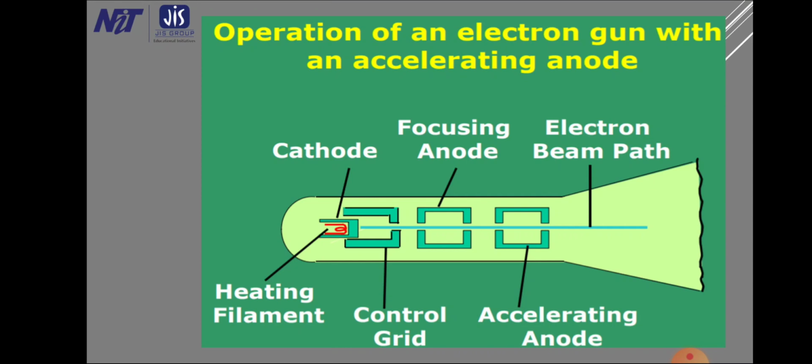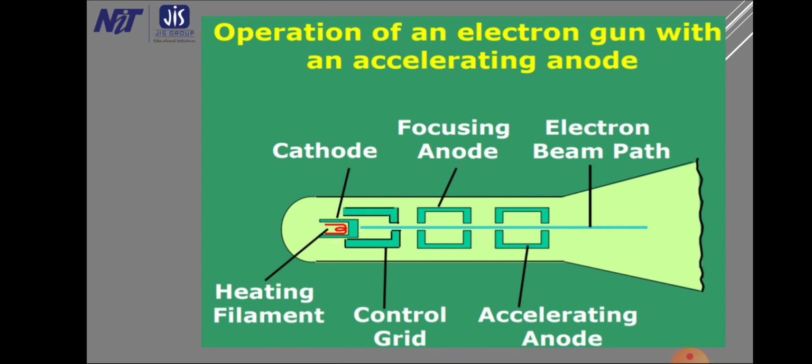Well, when we observe a picture on a screen, some part of the picture may be bright, some may be dark. This brightness or darkness, or illumination, or the intensity on the screen is basically controlled by the intensity of the beam which strikes a particular point on the screen. This intensity is controlled by controlling the intensity of the electron beam which is coming out of the cathode ray tube. If we look at the picture once again, the electron beam is coming out. The intensity of the beam is controlled by the control grid.